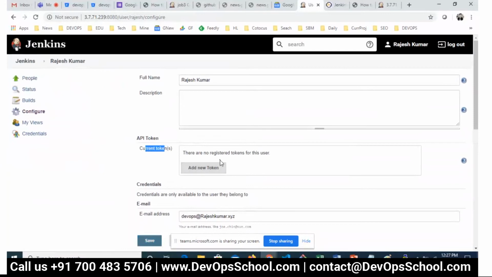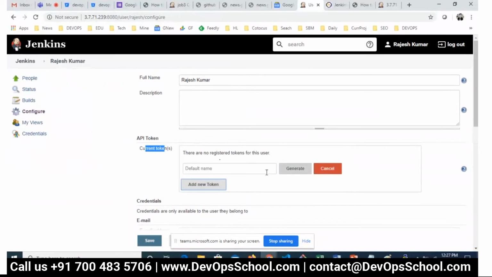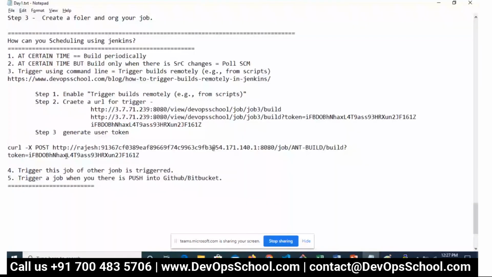So why is this token used? This token is used for all the automation work. If you want to log into Jenkins and do a lot of automation, you can use this token for authentication. So I'm using this for, let's say, some demo, and generate token. Now this token I've generated, I have copied and replaced here. Done. Now what is the IP address of your Jenkins? So let me change this. Here, what is the port? What is the job? So the job name is job 3 itself.